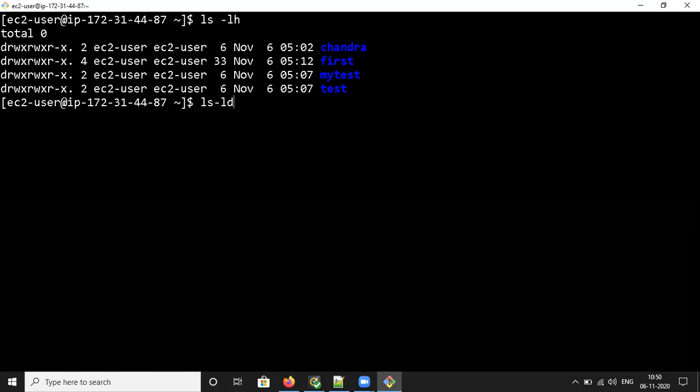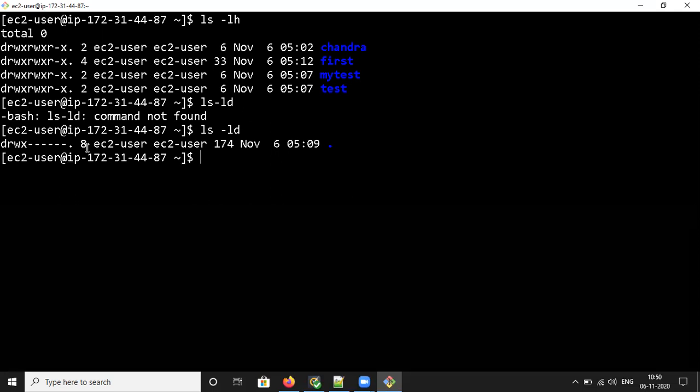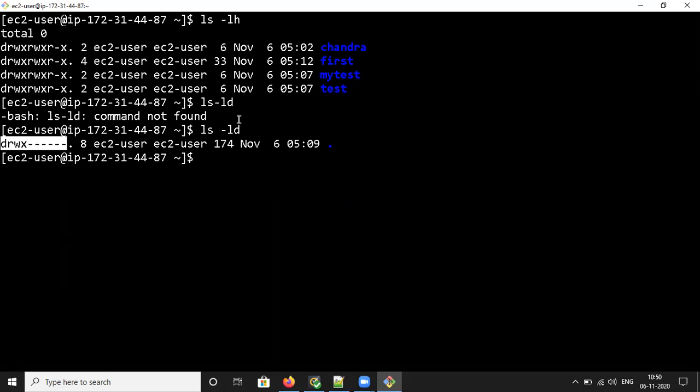ls -ld. That means display directory information. Sorry, we have not given the space, we missed the space. ls -ld. It is going to give the ec2-user directory, which will be the directory related information. You have to use ls -ld. Similarly, if you want to sort the file names in the order of the last modified time, you have to use